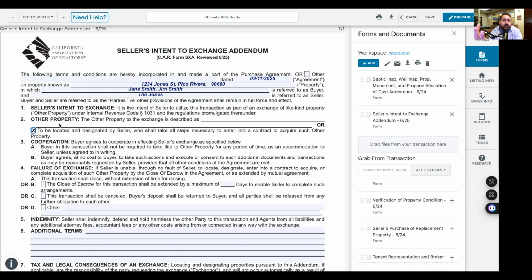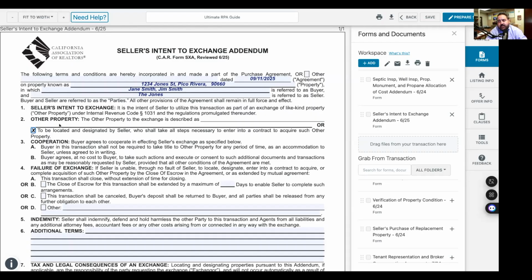Failure of exchange. Now, this is what happens if we can't find an exchange. If seller is unable, through no fault of seller, to locate, designate, enter into a contract to acquire or complete acquisition of such other property by the close of escrow in the agreement or as extended by mutual agreement. Now, that means at no fault of the seller. That means that the seller is writing offers. They're attempting to make offers on properties and they're not getting their offer accepted. If they're not even writing offers and they're like, never mind, we can't exchange it, that's not